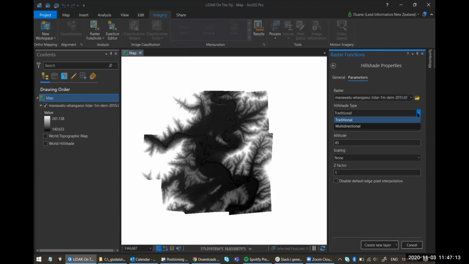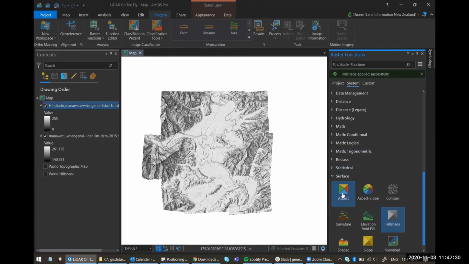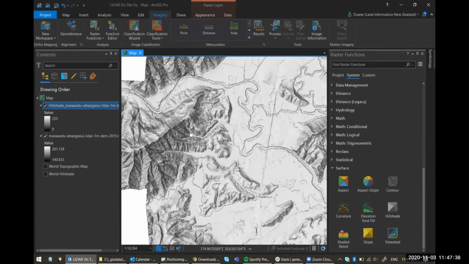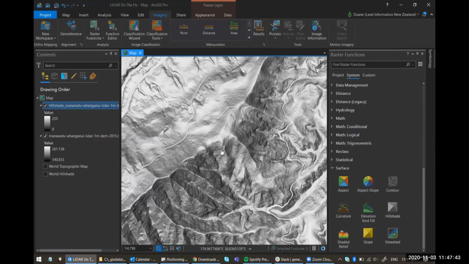Hillshade type, we want a multi-directional because they're cooler. We don't need to worry about that for now for what we're doing, but there is the Z factor, which is to do with latitude and longitude. So we are using actually decimal degrees data, but I don't think it matters too much for now. But there are some tables online that you can look up for the Z vector adjustment if you want to fine tune some of that shading. So you can see there you've got a nice